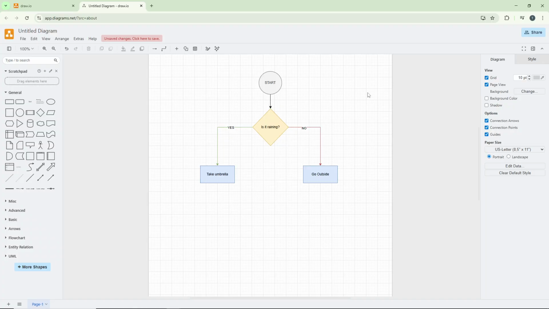And that's it. You've successfully created a decision tree diagram in Draw.io that you can now embed directly into your